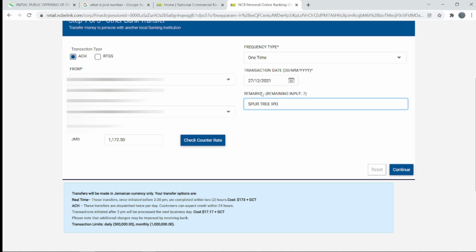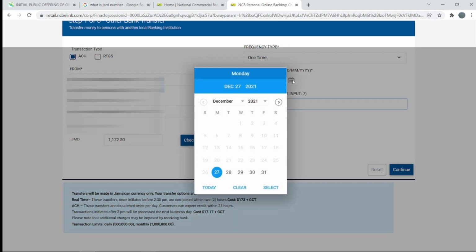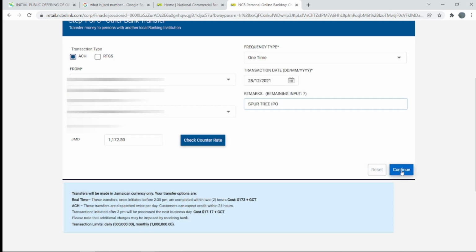The number of characters here are limited, so I can't put my full name here, but I'll show you where you can put your full name plus the Spur3 IPO. Remember, this varies from bank to bank, so this will give you an idea. And for the date, we want to do Tuesday, which is the next working day. So select continue,